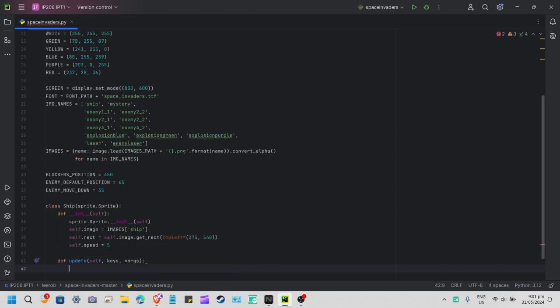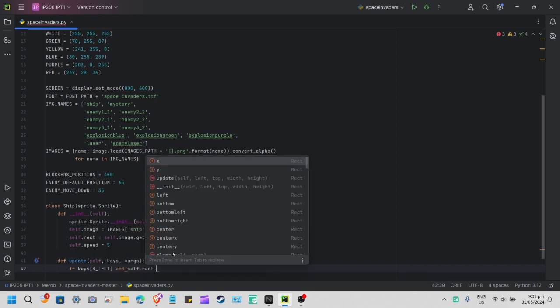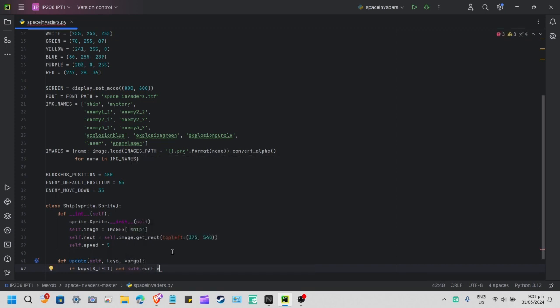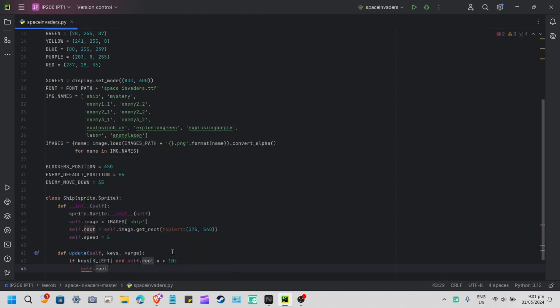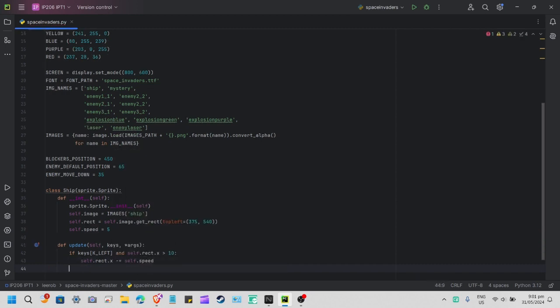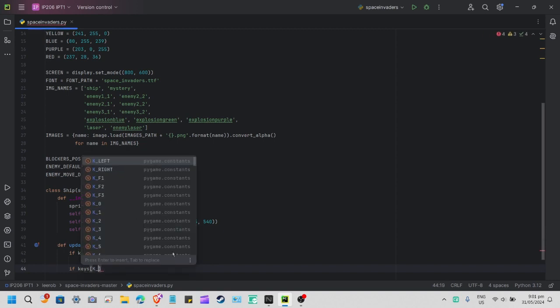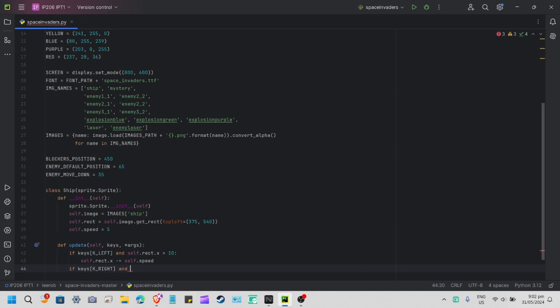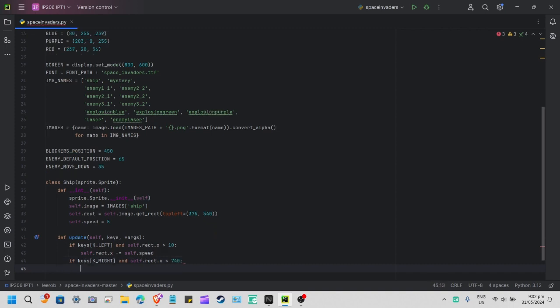arguments, and below that are two if conditions. Keys, K_LEFT, which is the left arrow button you see on the keyboard. Then type in and self.rect.x, basically on the x-axis, which is the horizontal one. And then greater than 10. Below that, self.rect.x minus equals self.speed. And finally, we have keys, bracket, K_RIGHT, and self.rect.x is less than 740, and the result is self.rect.x plus equals